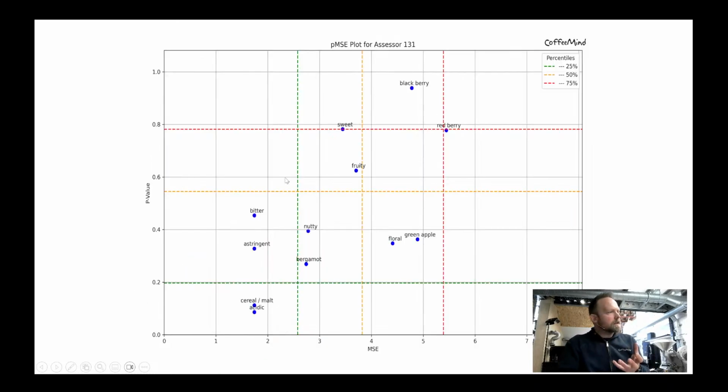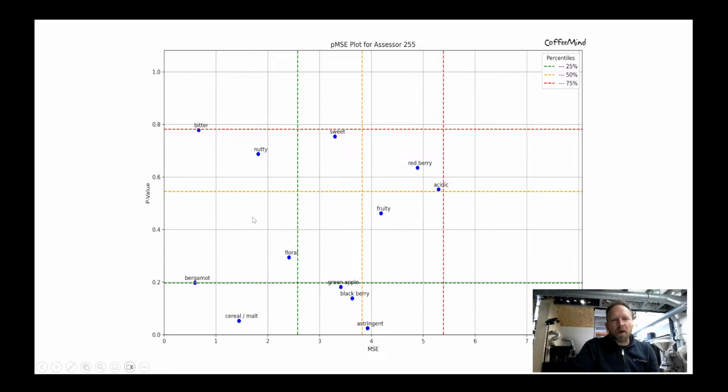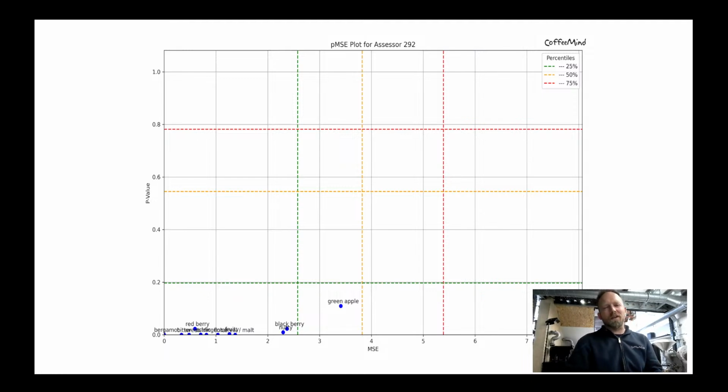So this is the hearing test that I told you about. Per person here, you can really see how you're performing. This is a person who needs a little training, right? Everything is in the lower left. And notice here the green and the yellow and the red line. That is the background average that we have, or the percentiles for the 120 students we've had through already. So if you are below the horizontal green line and to the left of the vertical, you are in the top 25% of students.